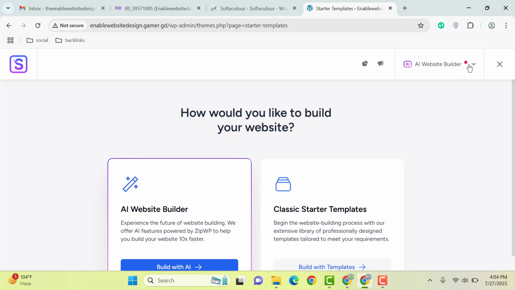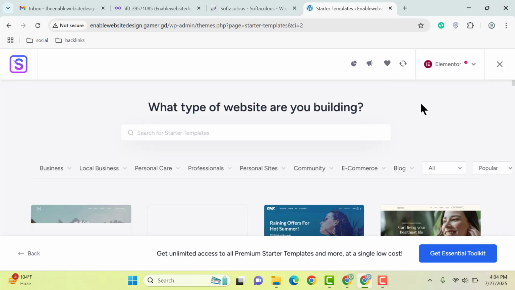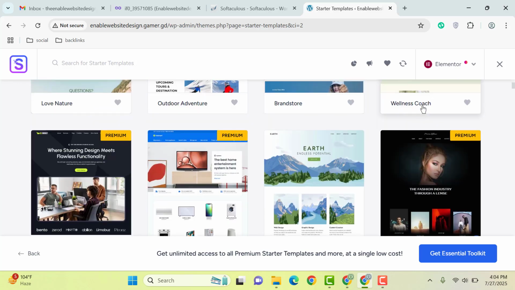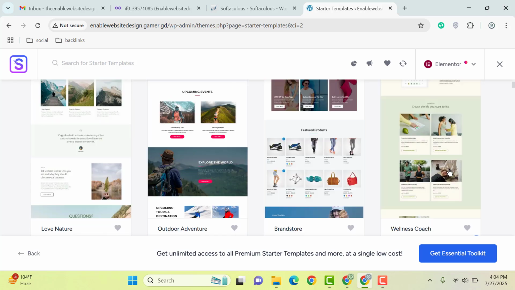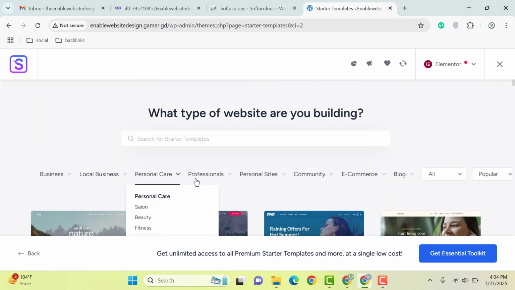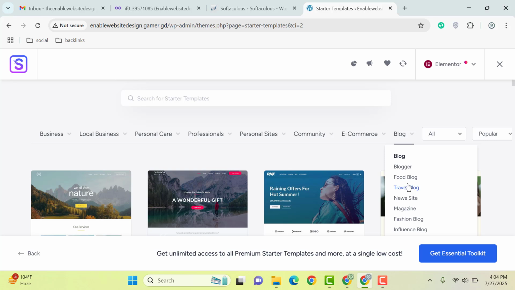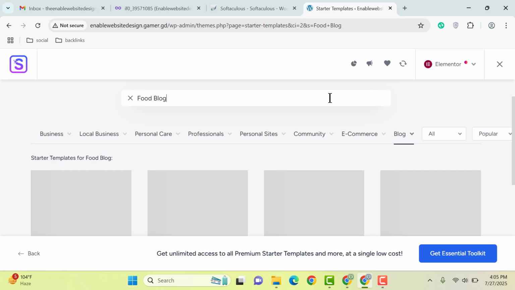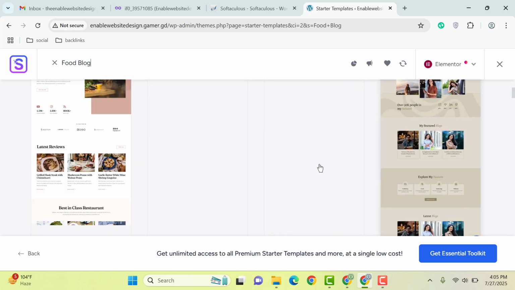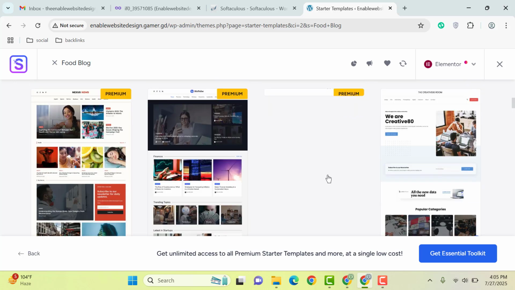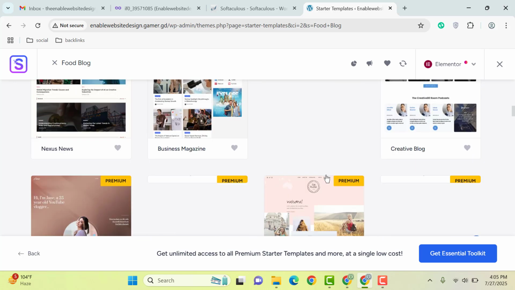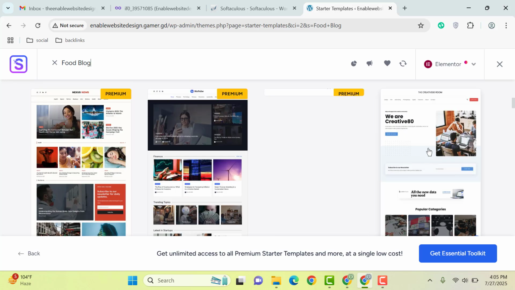So by default, selected AI website builder. You can select Elementor and then scroll down. So here you can add any of the website design, and here you can search for different categories. For example, I want to search for blog, this one, and here you can see these are the premium layouts. So you can find out free layouts. So let's go with this blog design,